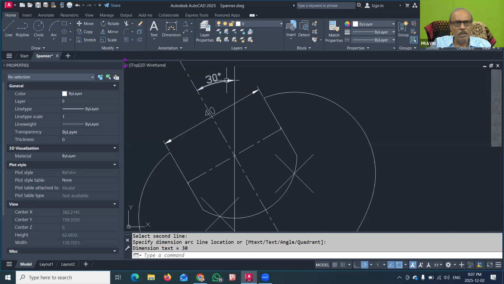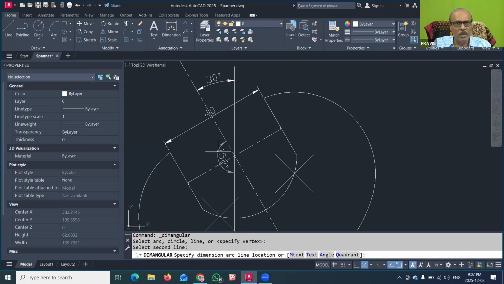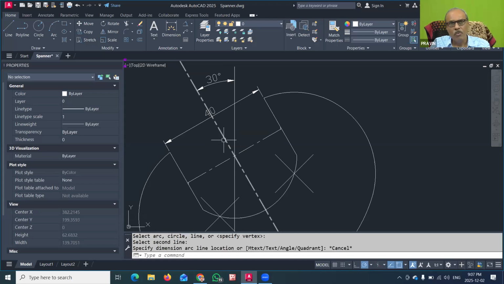But you have to again remember, suppose I first click on this line and then second click on this line. AutoCAD will show the dimension in the outer direction, because the anti-clockwise start direction will be this line. Therefore we always have to click the right line and then the left line, so that AutoCAD is going anti-clockwise and showing the proper angle. So this is possible by showing the angle.